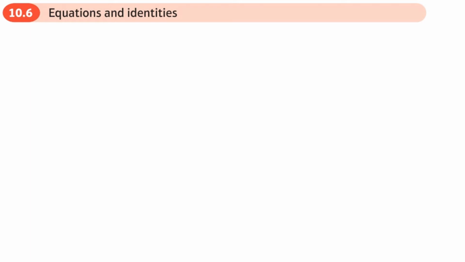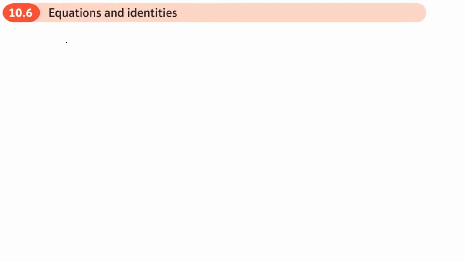This is the sixth and final section of the Trigonometric Identities and Equations chapter, and here we're going to be solving equations but using identities as well to help us simplify things, or maybe things look like quadratics and you need to factorize them. So just a reminder, our identities are